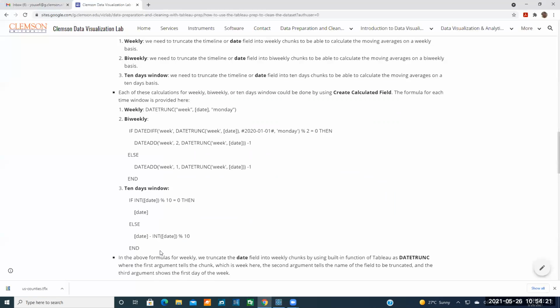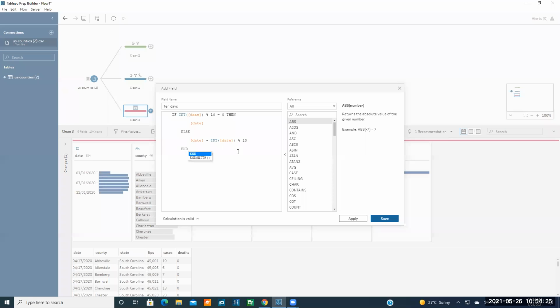And the last one is the 10 days. So instead of biweekly, it tries to understand if the date, if it's converted to an integer, is divisible by 10. If it is, which means that it's in the 10 days time window, or it just chunked into the 10 days. So otherwise, we just